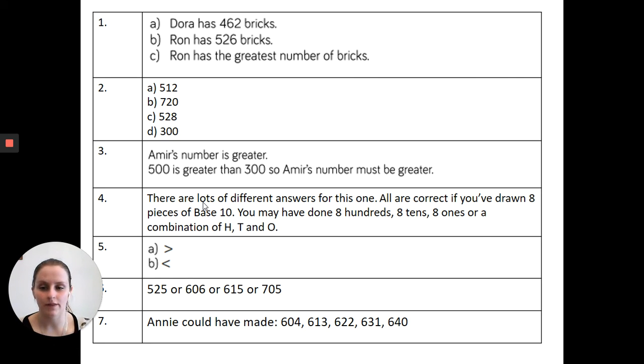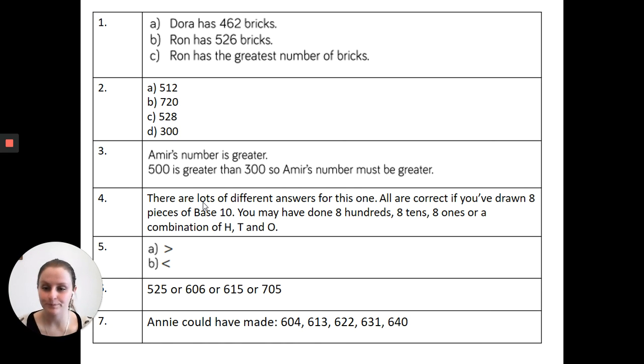Okay, number 4 then. So there are lots of different answers for this one, as we said. So all are correct if you've drawn 8 pieces of base 10. So like I said, you could have done 8 hundreds and that would be fine. You could have done 8 tens on their own or 8 ones. Or you could have done 4 hundreds, 2 tens, 2 ones. Or you could have done 100 and then split the other 8 base 10 between the other ones. Okay, so you just work out how you need to split it up so that you're using only 8 pieces of base 10